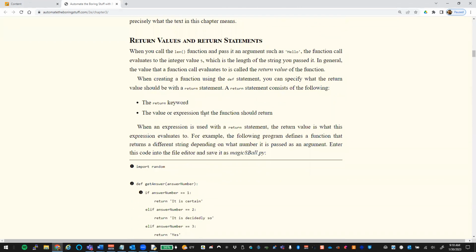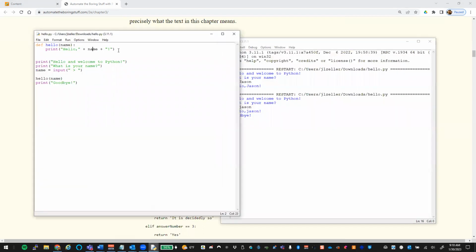All right. In a function, we have the option of using a return keyword. So this can be either a value or an expression that the function would end up returning, meaning that if we look at this function here, right now, we don't return anything. So if we don't have return defined here, it is just going to return None, which means nothing happens when we return it down here. We could, however, return this as a string. So if we say my string equals hello, and we return my string,